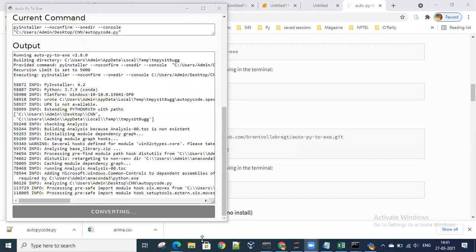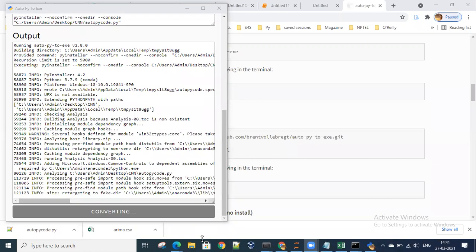And I'll tell you the thing. In case in the end it does not execute or does not make the file, then it is because of the system only, which is not allowing this exe to work. But on your system, it will work. So it depends on the system configuration only. But I'll show you, if the executable is made, where it is being shown, where it has been put, and how to execute it.